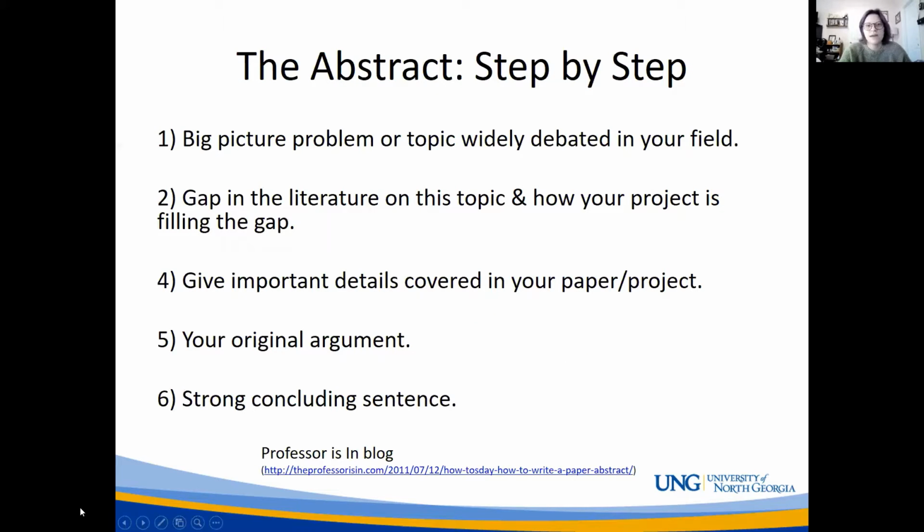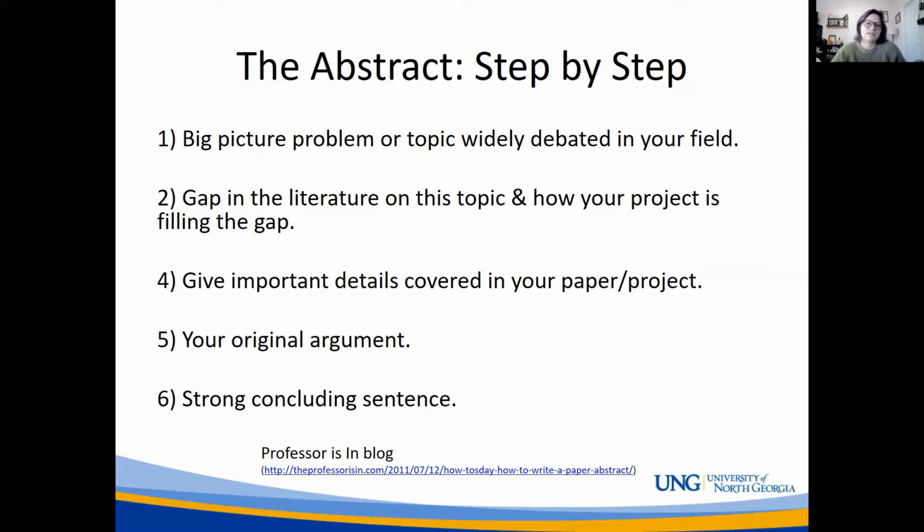What we want in an abstract, in a little more detail: we're going to want you to start with the big picture problem or a topic that's widely debated in your field. So why you're studying this. You're then going to want to explain why your research is important, like if there's a gap in the literature and your project is filling that gap, we're going to want to know that.